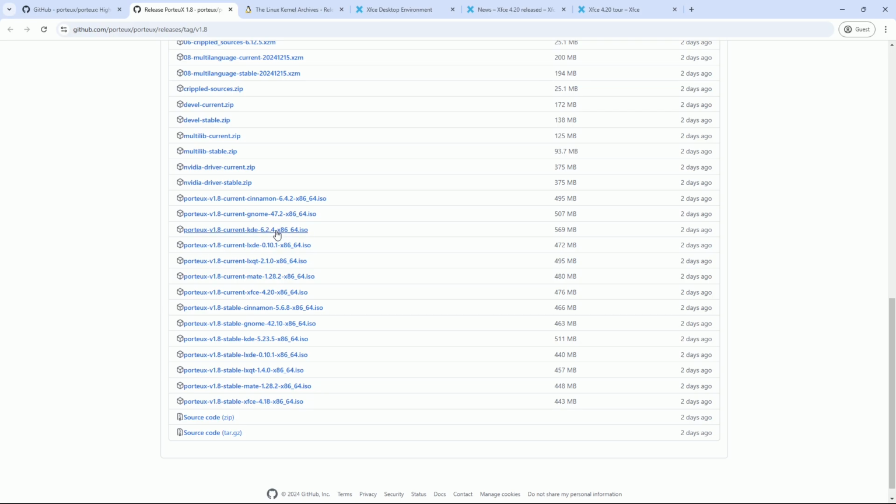It also has KDE Plasma 6.2.4, which is also the latest. For the GNOME version, you should be seeing 47.2, which is also the latest version. And for Cinnamon, you get 6.4.2, which is also the latest. So you should be getting all the latest things. And you also get older versions, for example GNOME 42.10, which is the old version, and the KDE